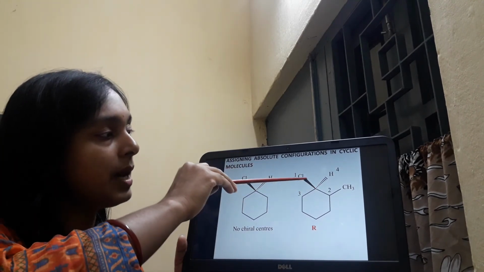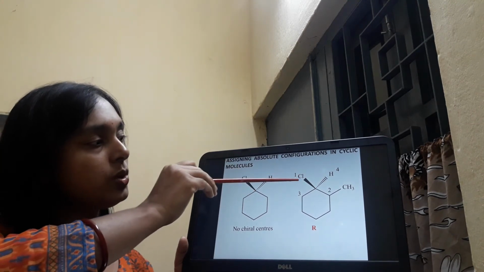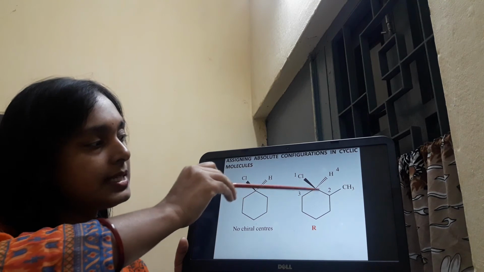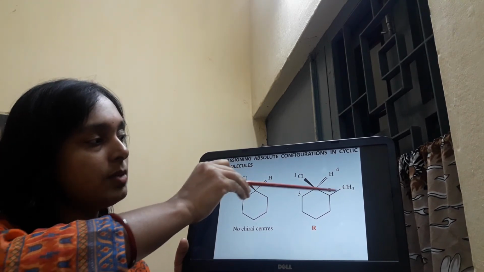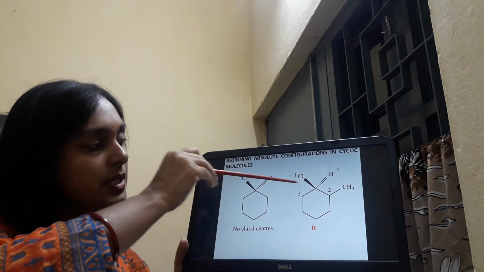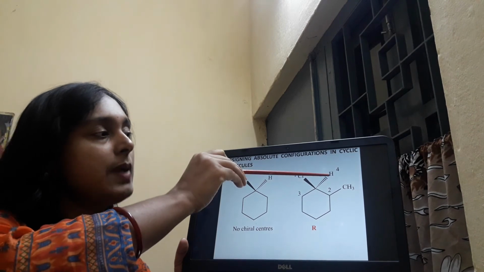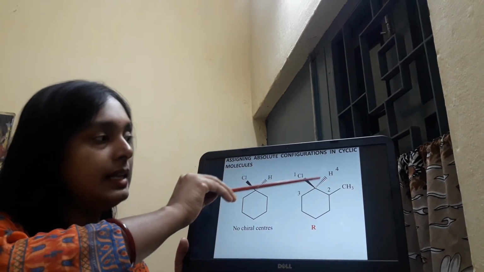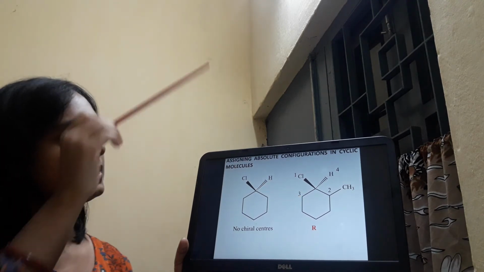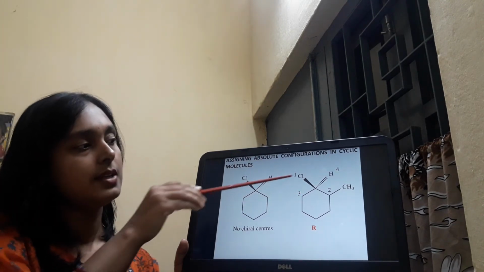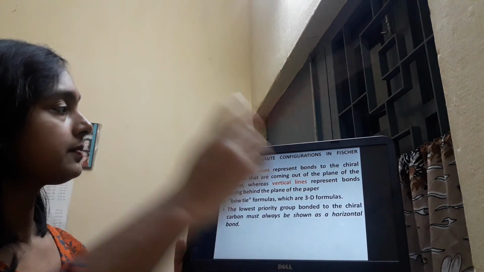So here it is above the plane, this hydrogen is below the plane. And now the first priority goes to chlorine, the second priority will be this portion because this CH3 is added extra, but here no such CH3 is added. So 1, 2, 3, and the last priority group should be hydrogen, and this is below the plane. So structurally it is correct. So 1, 2, 3 clockwise rotation, it should be R configuration.